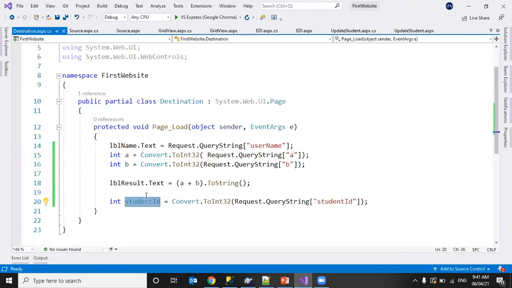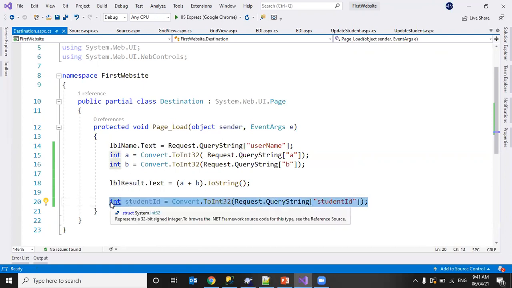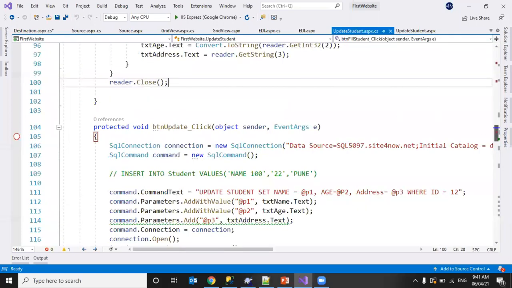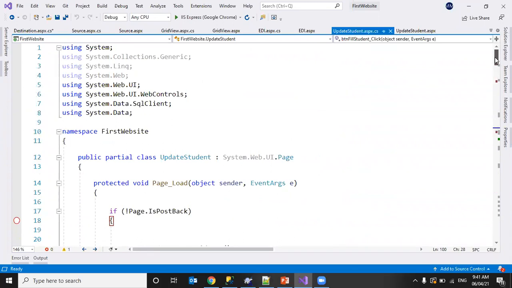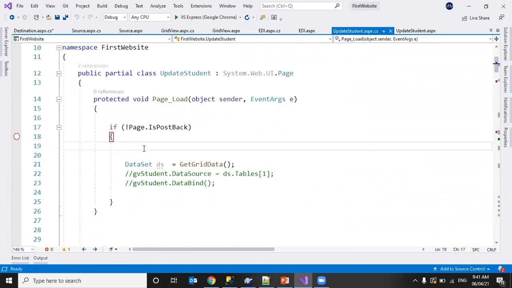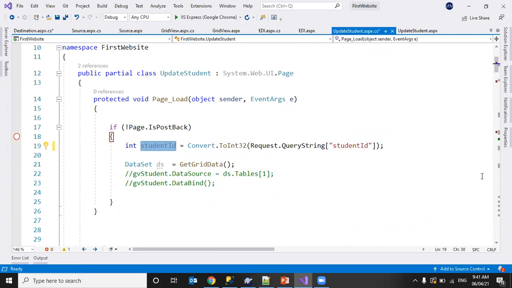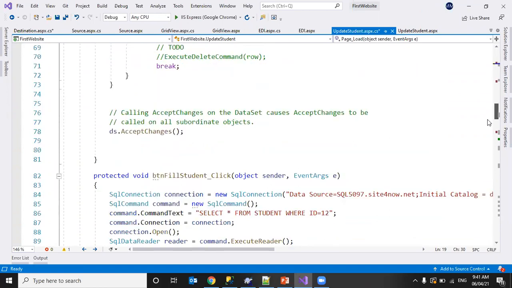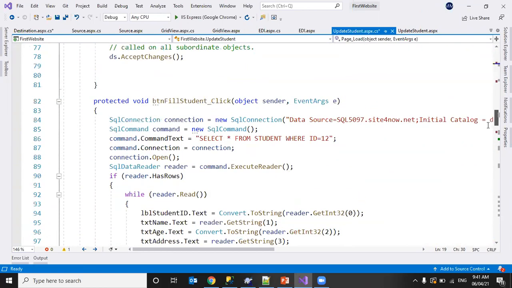navigation. Let me navigate to the update page. Just a second. I'll navigate to the update student page directly and read this value there itself, because I have the code ready already there. I think we have a lot of changes here. Let's check. So I'll read that student value. I'm just checking for a method in this one.